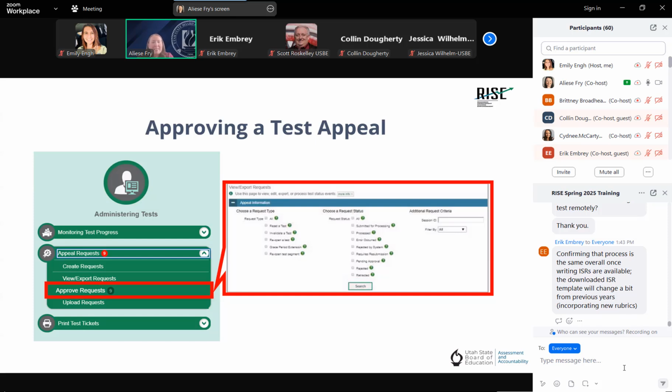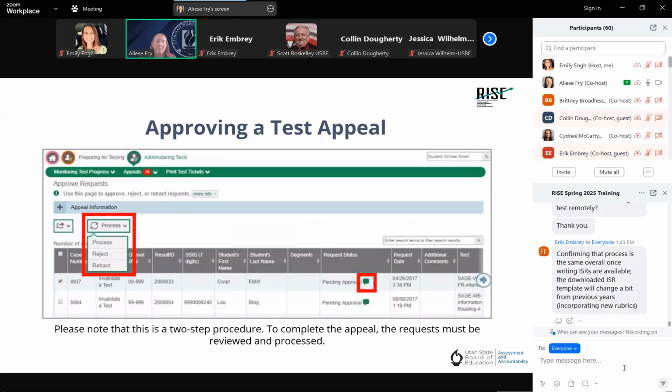From the appeal request task menu on the TIDE dashboard, you just select the View, Approve, Export Appeal Requests. And then the View, Export, Appeal Requests page is going to appear. To retrieve the appeal request that you want to view, you just fill out the search criteria and select Search. And I would strongly encourage you to review the reason for the appeal request by selecting that little green quotation